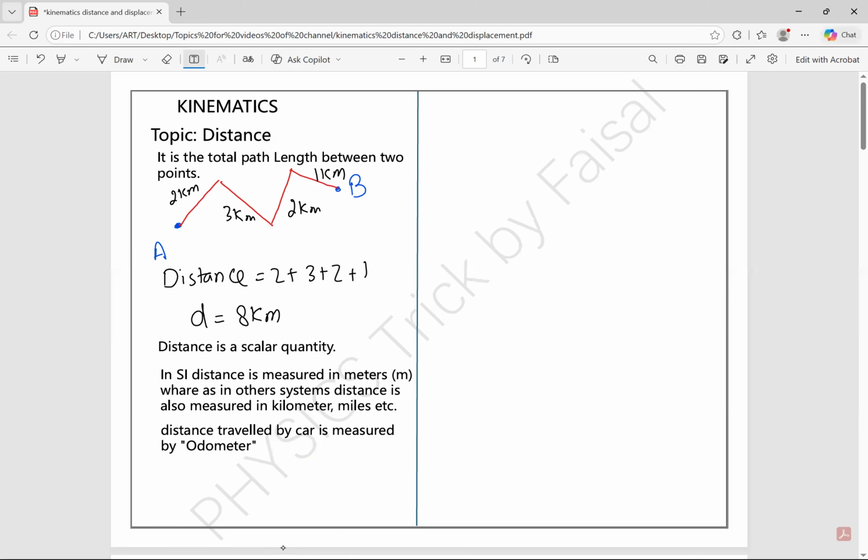So now we move further, and I can tell you one more thing that is very interesting, that the distance of a moving body can never be zero in any case. If any object like a car or a ball or a person, if anything is traveling or moving, its distance can never be zero. Distance of a moving object can never be zero. It can only be zero